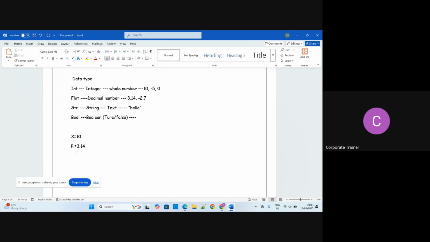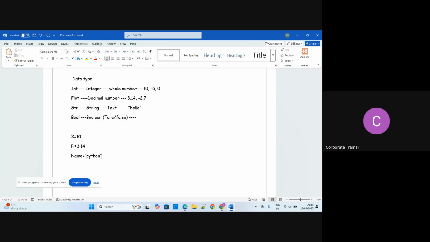And let's suppose I am writing name is equal to Python. So this is a pure string. And whatever you define that is true or false, this is boolean. And NoneType means you are writing something that is empty, empty is equal to None. So this is for NoneType. That's the thing regarding our data types: no, nothing is there.